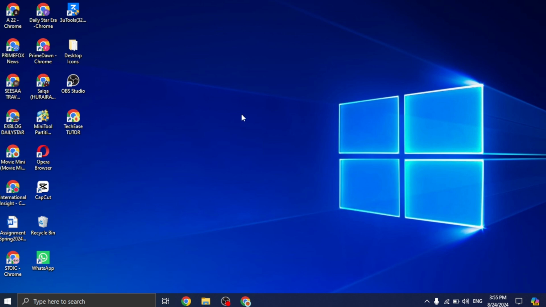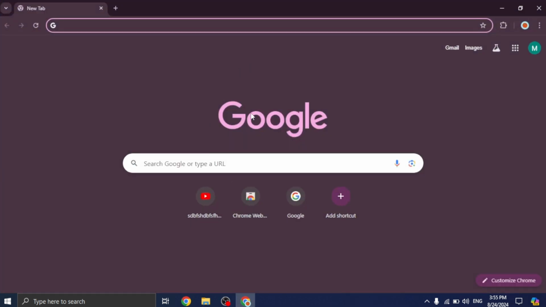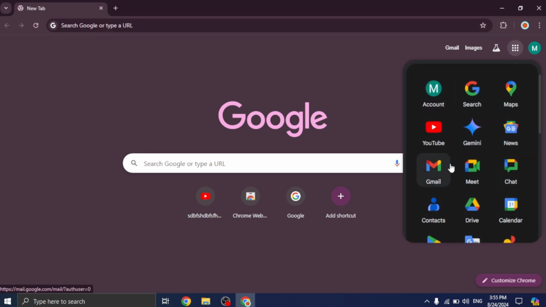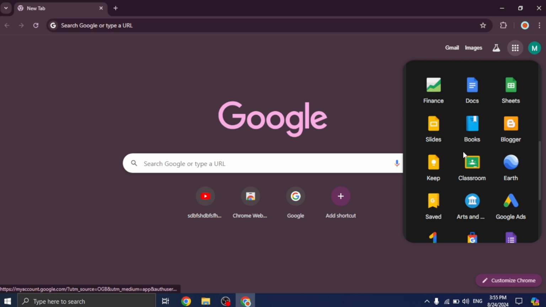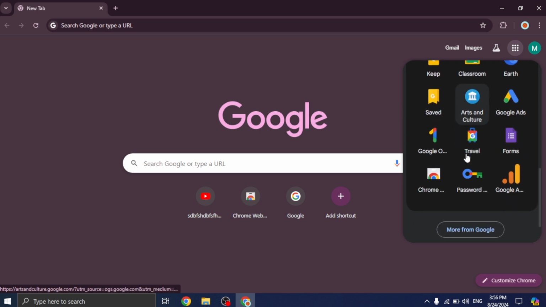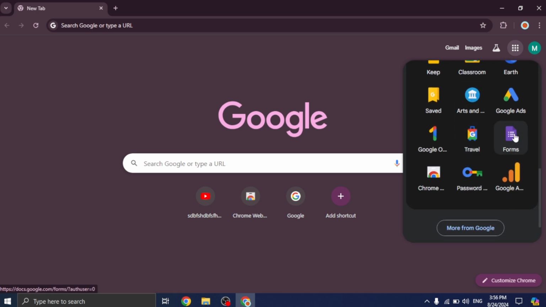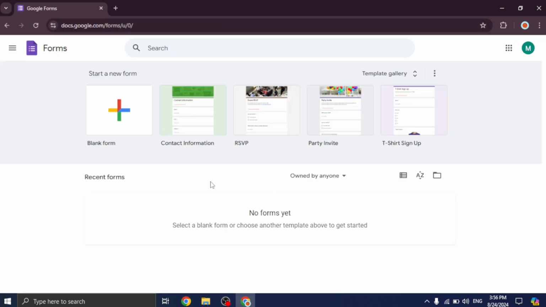a single mistake. So guys, the first thing you'll have to do is to open up the Google Chrome browser, and right here you'll be able to find this sort of option next to your profile. There are 9 dots in a square shape and you'll have to click on them, and you'll have to scroll down all the way, and right here you'll be able to find an option of forms. Now you'll have to click on forms and it will take you to a new window where you'll be able